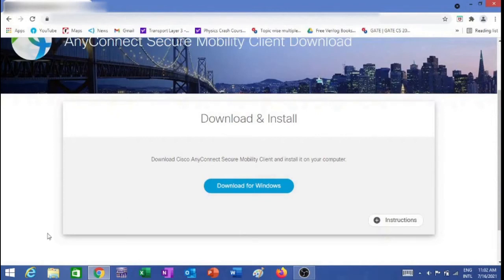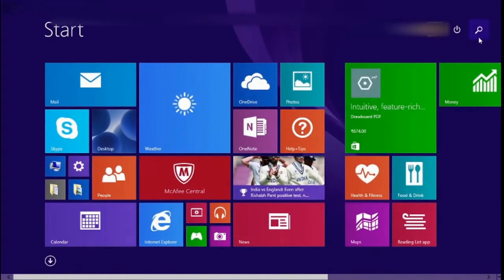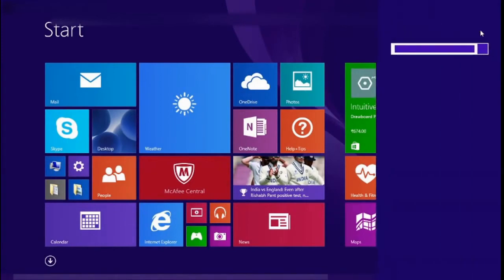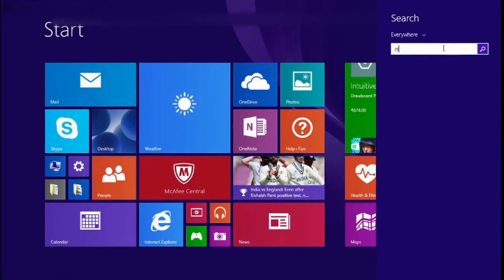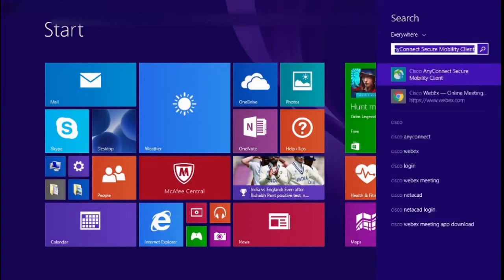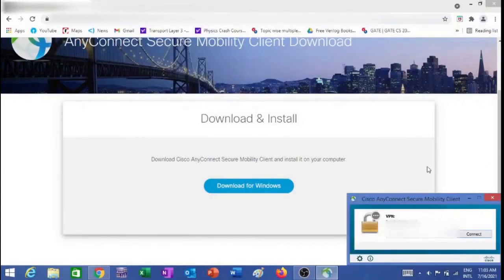Thereafter, to connect over the VPN network, you have to go to the search button on the Windows bar. Click the search button and type Cisco. The moment you type Cisco, a tab will come up named Cisco AnyConnect Secure Mobility Client. You need to click this one, and then in the result you will get a pop-up window again. Here in the corner of my screen it is showing the VPN network ID of my institute. If it is not there, you need to type it out. And then you have to strike connect.